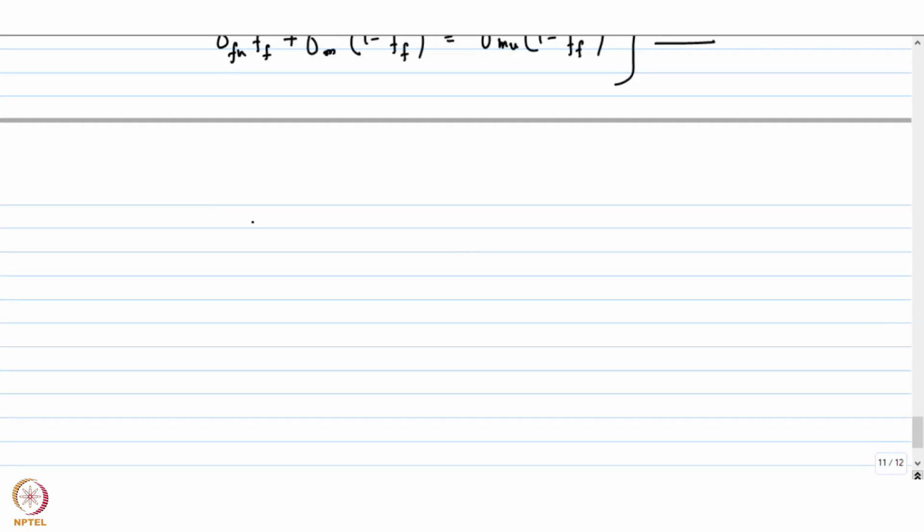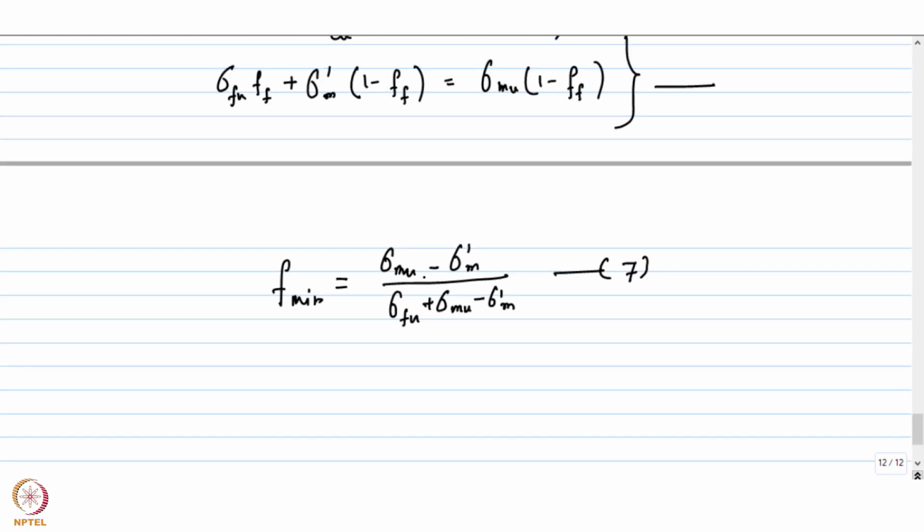The minimum volume fraction of the fibers can be obtained as this one. Okay,